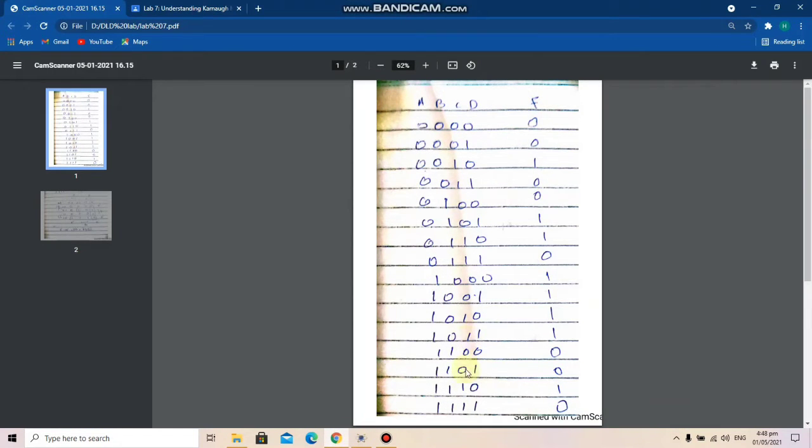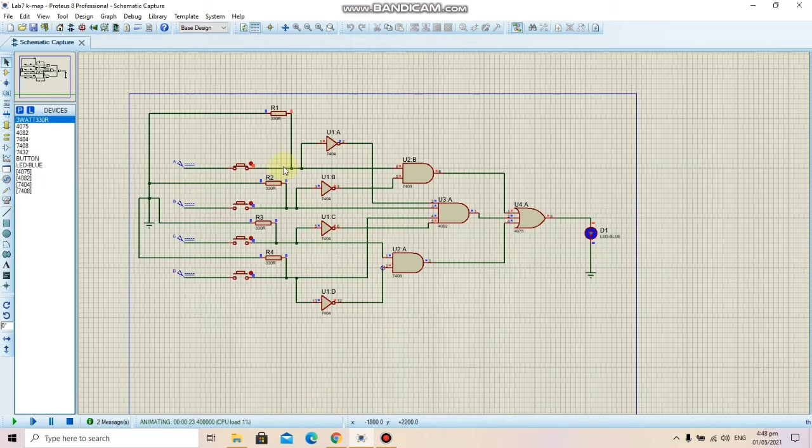And now let's try this one 1 1 0 1, should give us off, so 1 1 0 1, we can see that the LED is off. So we can see that this circuit is also giving us equivalent output to the previous one, whereas if we compare both, this one is smaller and more simplified than the last one. Which serves the purpose of the Karnaugh map, that it reduces our expressions and circuit design, reducing its size and its components.